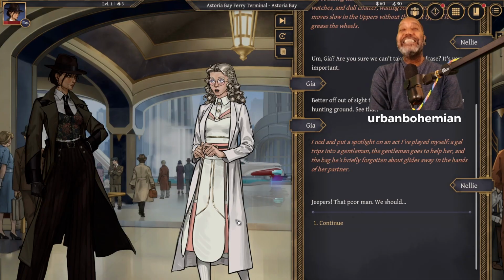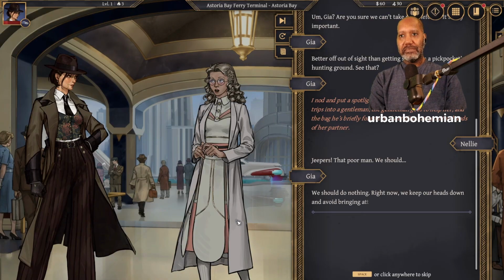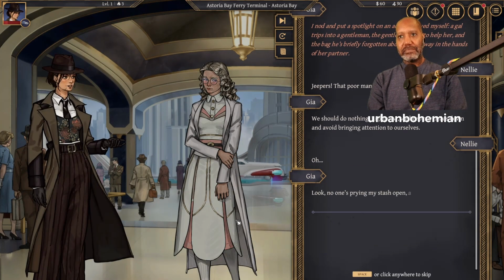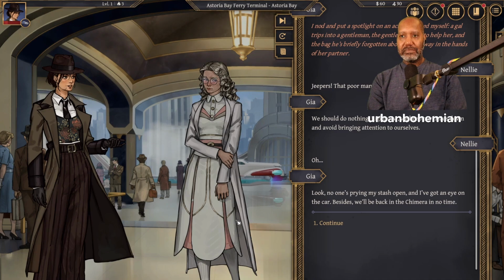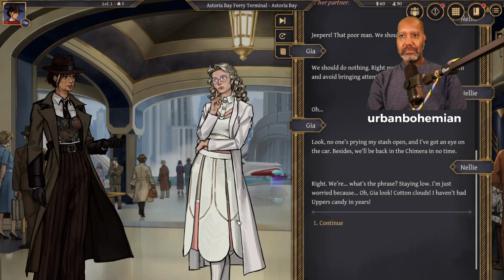Jeepers! Oh, that poor man. We should do nothing. Right now, we keep our heads down and avoid bringing attention to ourselves. Look, no one's prying my stash open, and I've got an eye on the car. Besides, we'll be back in the Chimera in no time. Right. We're... what's the phrase? Staying low. I'm just worried because...